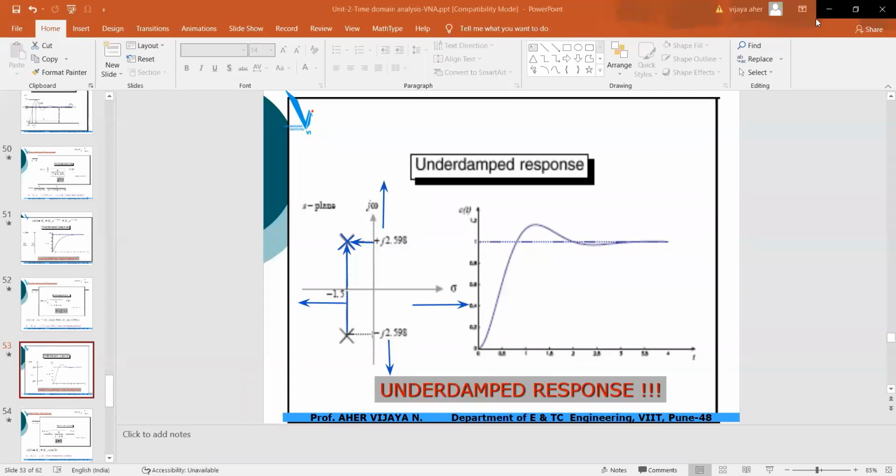-2.598. So this is my -2.598 on imaginary axis. So my pole is located over here. This is S2 is equal to -1.5 minus j 2.598. And my S1 is -1.5 plus 2.598 j. So this is how you are going to locate your poles